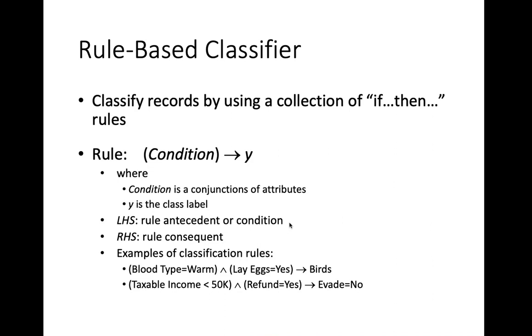Okay, so let's suppose we are having birds, and we are having attributes regarding the birds. How do we know something is a bird? Its blood type is warm-blooded, and it also lays eggs. Once we know that, one can try to deduce what kind of inference can be had from that classification rule.